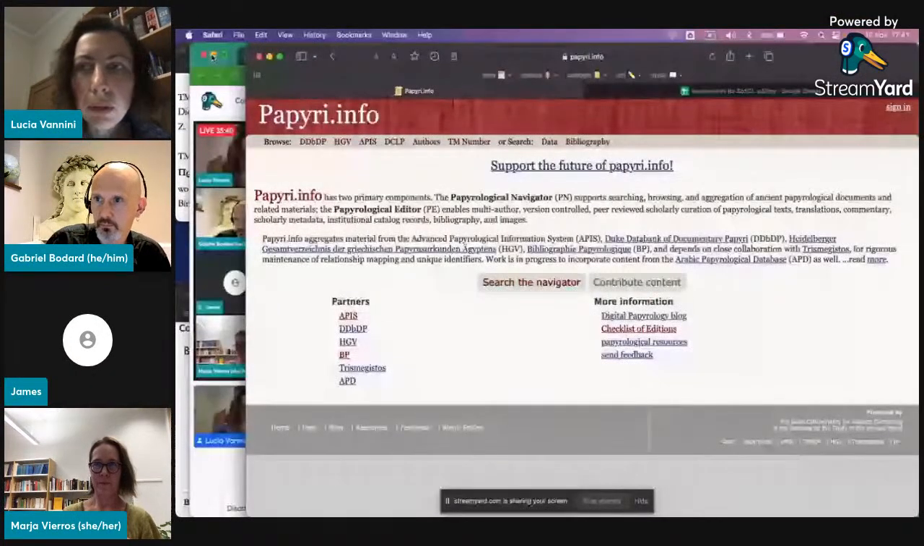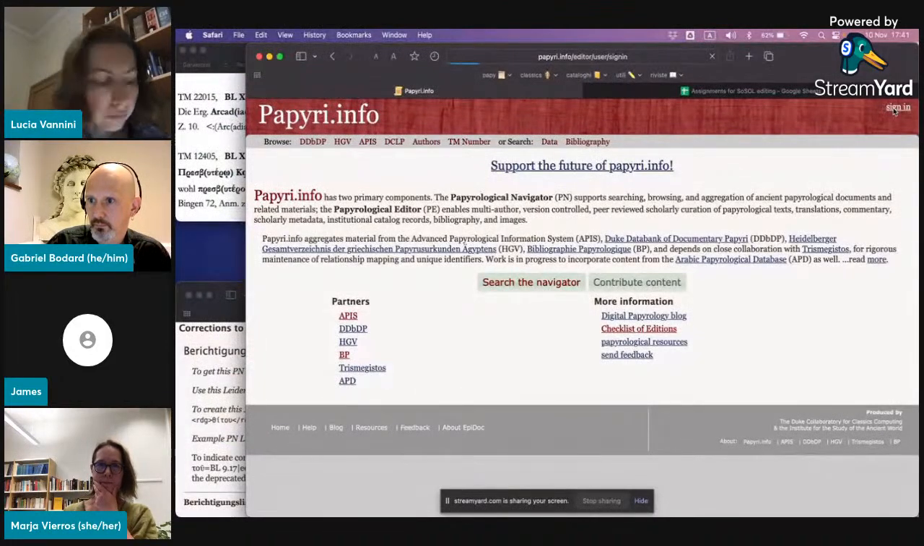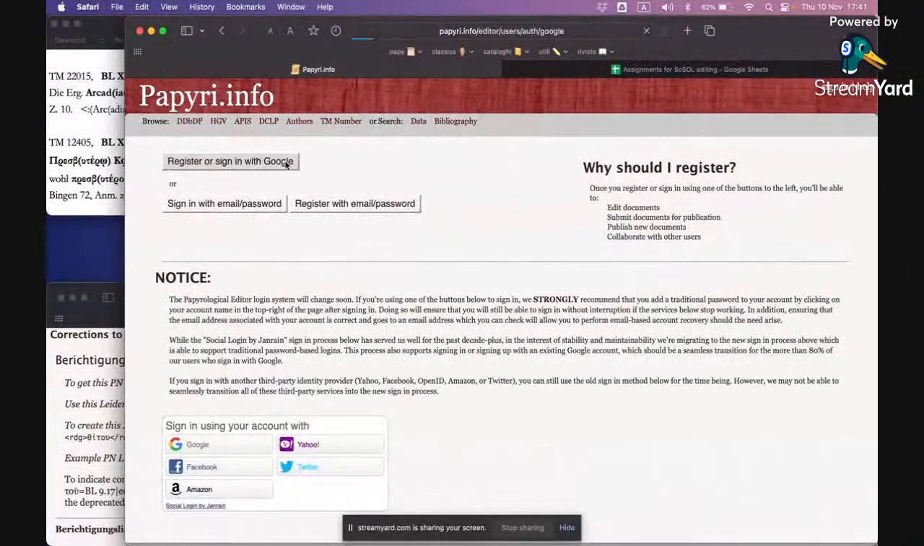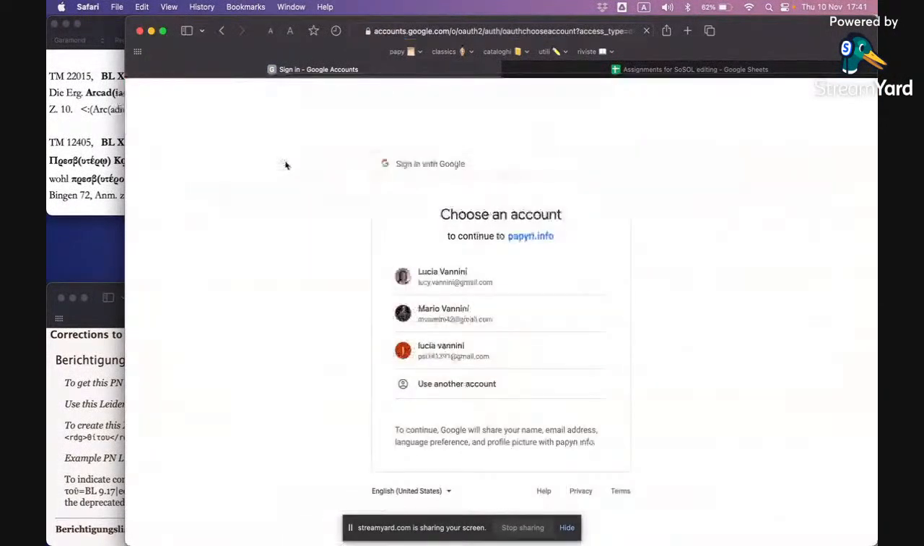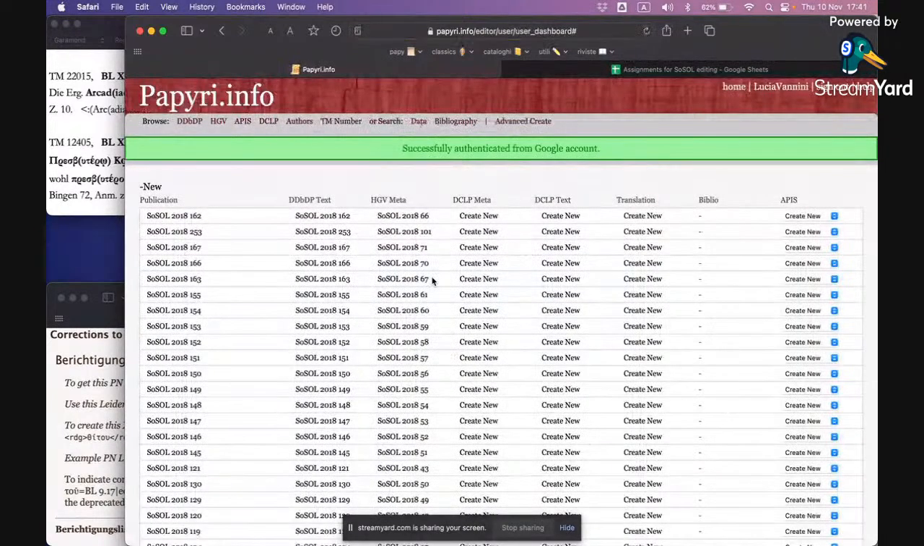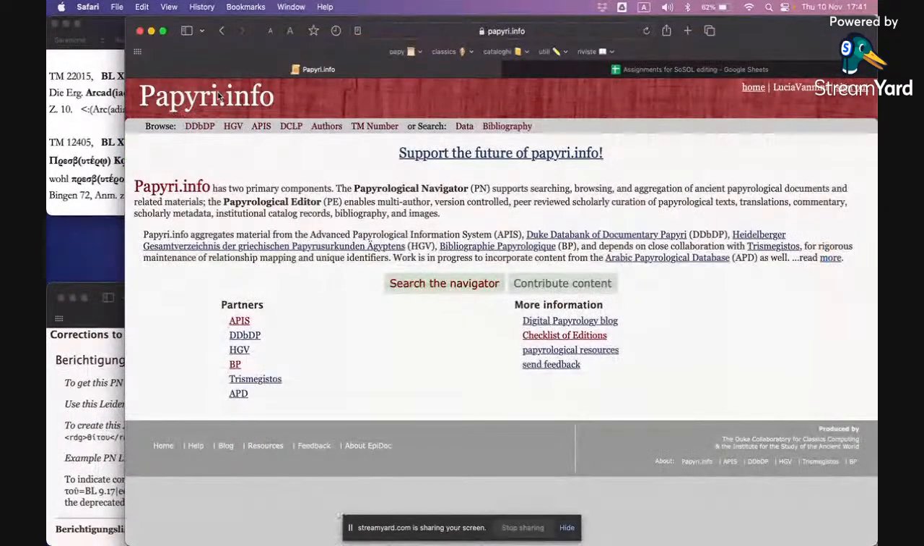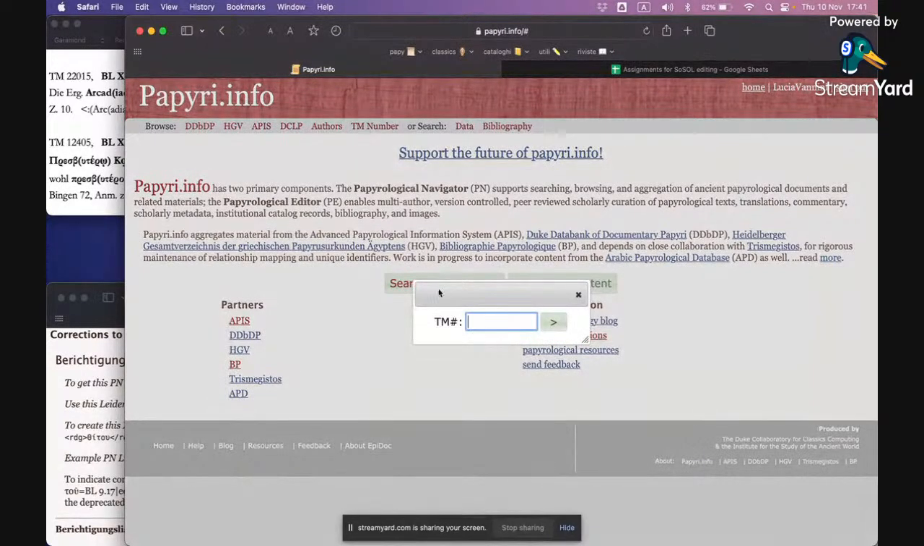So first of all, we sign in with Google. This is to give proper attribution to user contributions. And then we look for the papyrus in which we want to add a correction. One way is to use its Trismegistos number, a unique identifier. In this case,